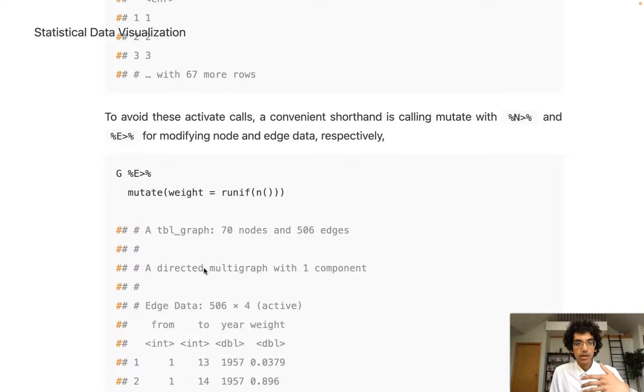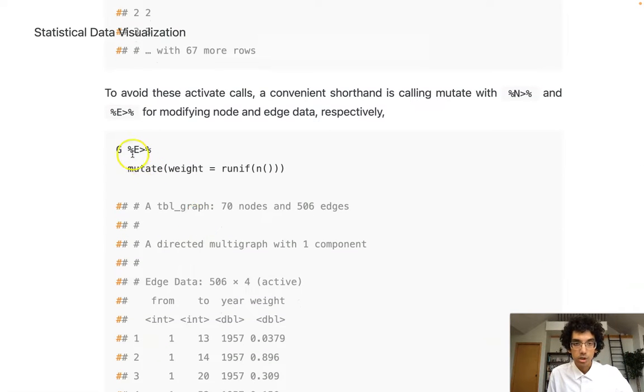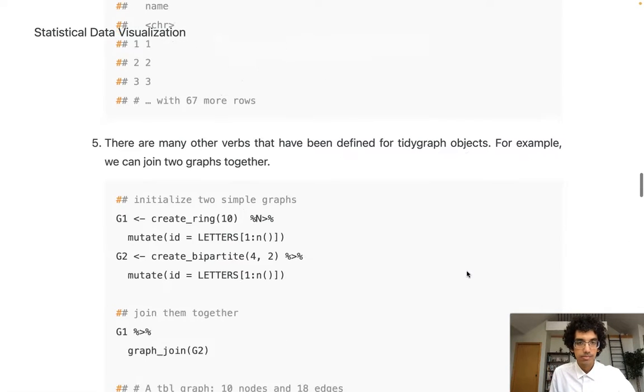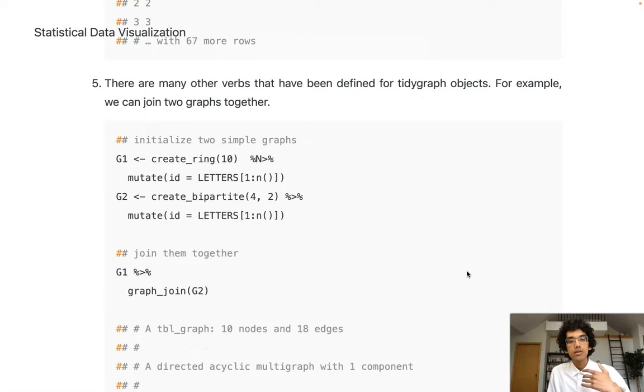There's a really nice shorthand, so you don't even need to write this activate nodes or activate edges. You can use a special version of the pipe. So this %e arrow is going to be a pipe that goes directly to the edges, and there's a corresponding one with n, which goes directly to the node data. So from here, you can very easily manipulate either the nodes or the edges. Okay, so that's kind of the analog of